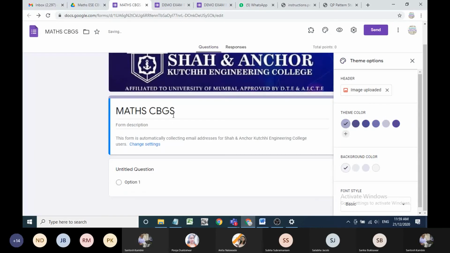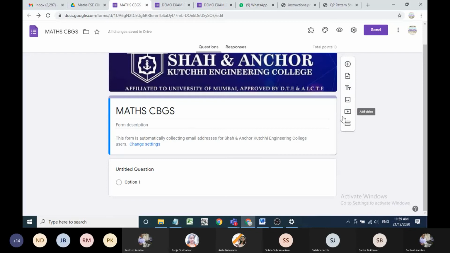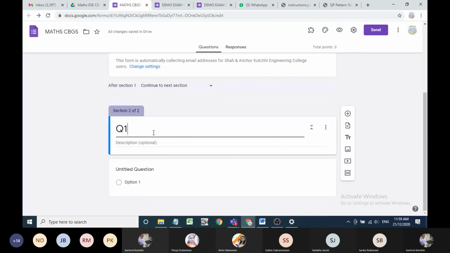Then you can make sections, header sections. Okay. So second section is question 1. It is objective.